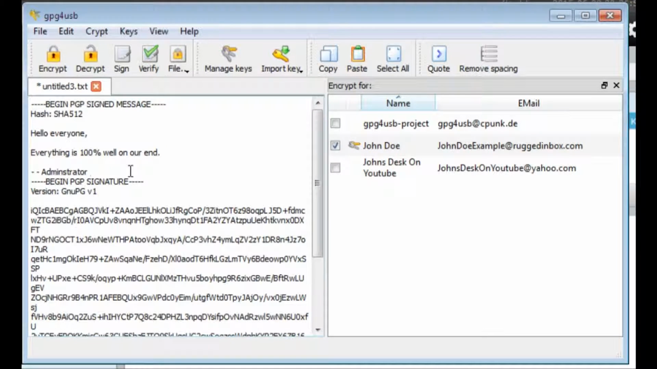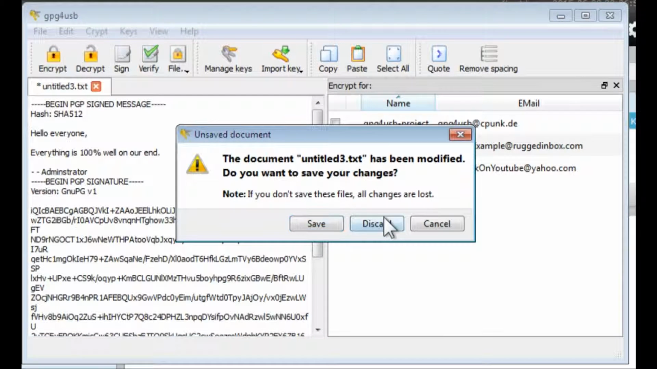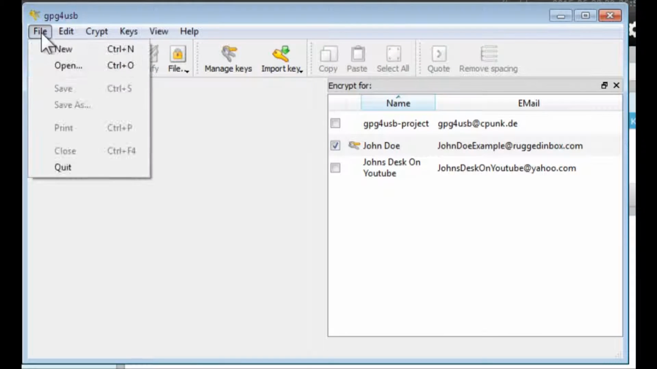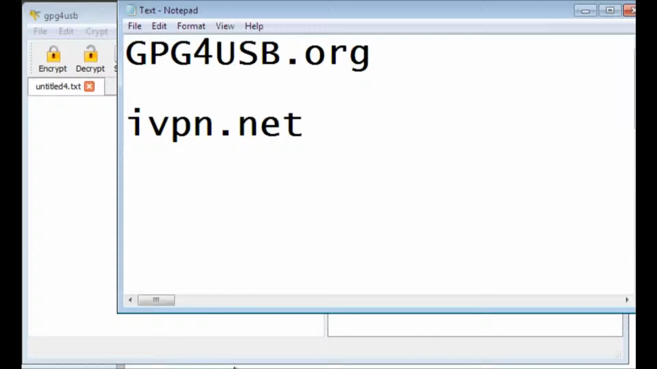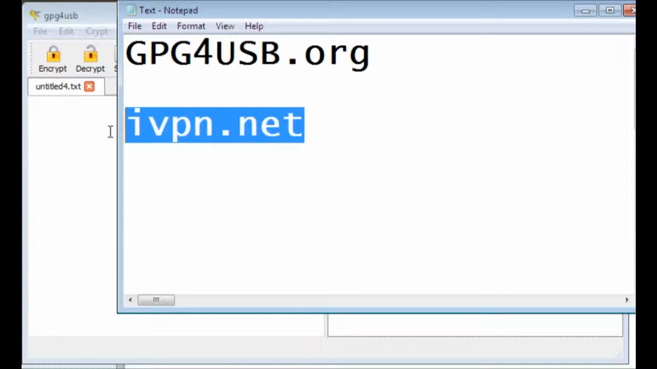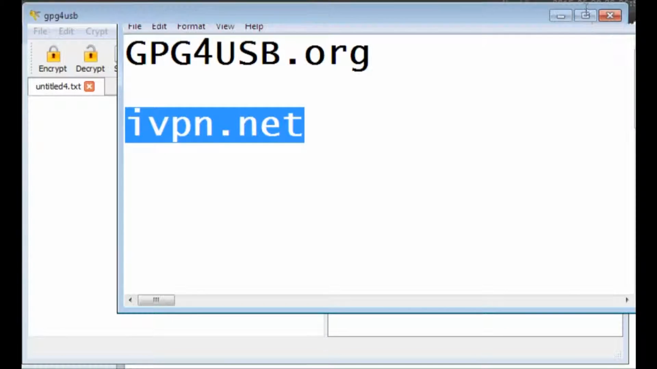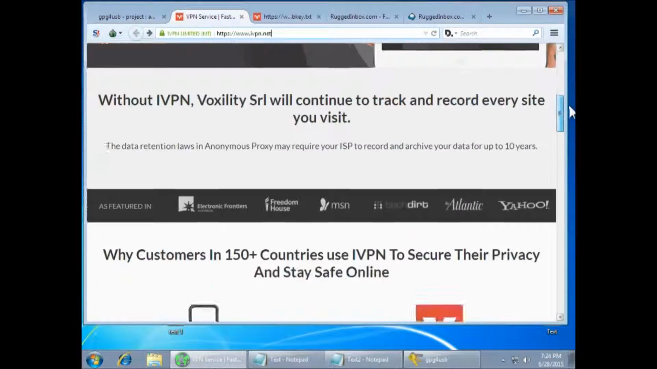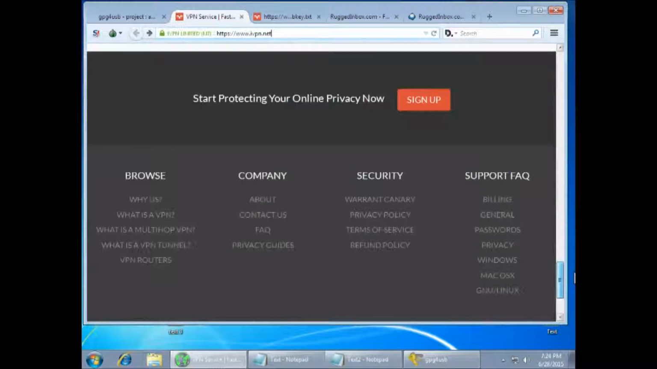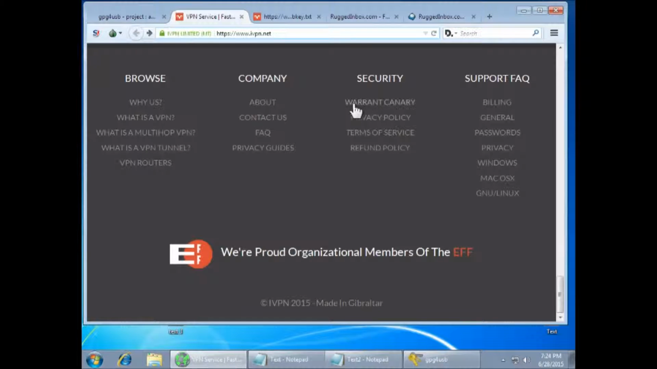And I'm going to show you how to do that right now using a real-world example that you can follow along and do yourself. So first let's close this out. We're not going to save it. Go ahead and open up File, New, get a fresh clipboard, and we're going to go to a website called ivpn.net. It's a VPN provider who has a warrant canary, and then once that is loaded, scroll all the way to the bottom, and here you want to click Warrant Canary,